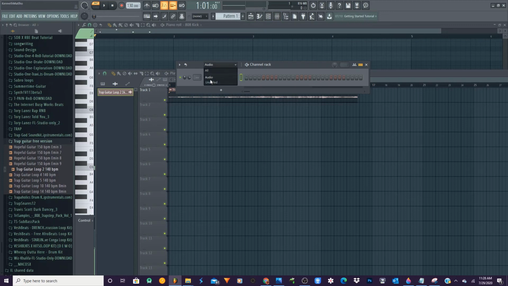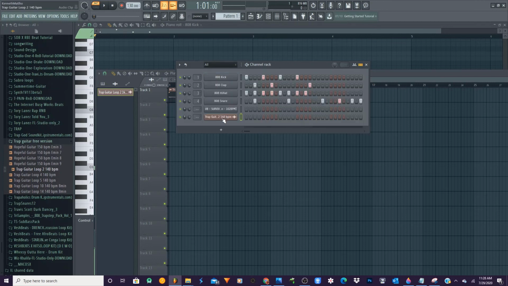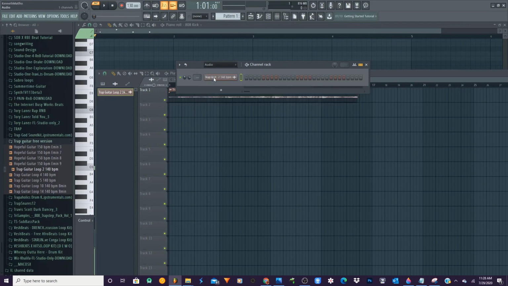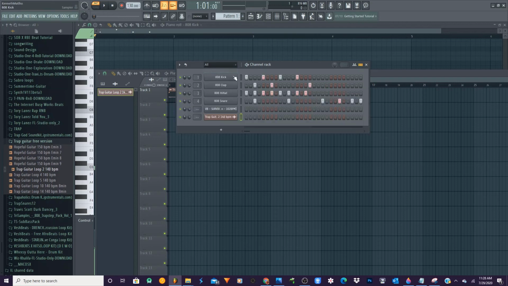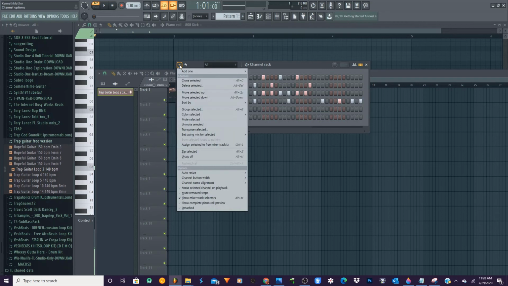You have unsorted, audio, and all. So all, you still find that audio that you added there, but if you say audio, it'll only show you this. So you can actually have different categories of things depending on how you categorize everything here. Say you go to all, then you click this first one, you hold shift and click up to the last one, and then you're going to click here,